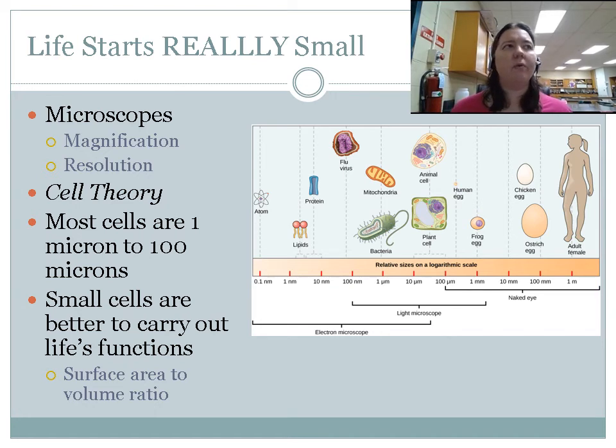And so we need cells. Cells make up everything. We use microscopes to look at cells because most cells are 1 micron to 100 microns, and you can see this size right here. So lipids, which is what we started the lecture out with, is right there. Your individual cells are right there. Eggs, right about there. And remember, eggs are actually single cells. They're some of the largest single cells on the planet. And then us. So just keep that in mind.